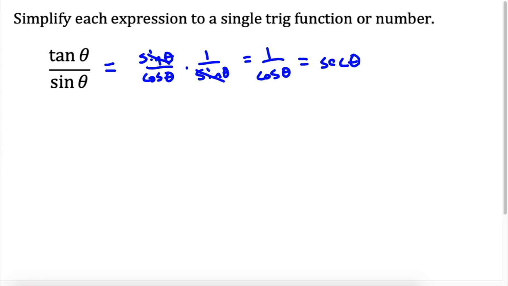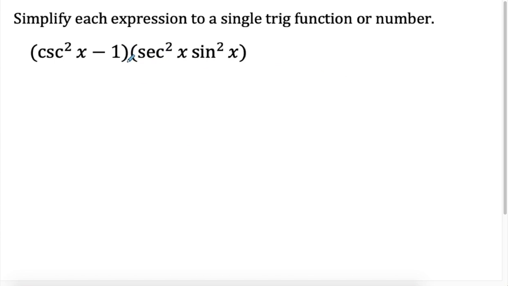All right, in the next one, we may be tempted to multiply things out here since we see two sets of parentheses, but this is actually going to work a little bit better if we just think about what's on the inside first. Try to simplify what's on the inside. So first, cosecant squared minus 1, that is one of my Pythagorean identities, right? That is just cotangent squared, right? So I can just make this